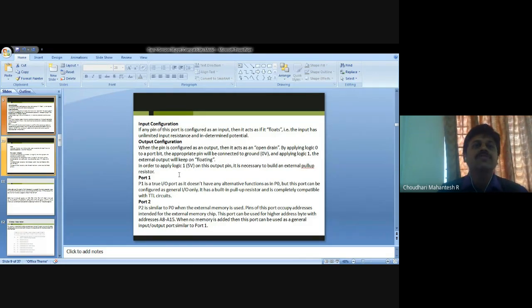For example, if a gas like propane or methane comes into existence in the surrounding area, then whenever it surrounds that location, and the level exceeds the threshold level, during that time it should apply a logic one.